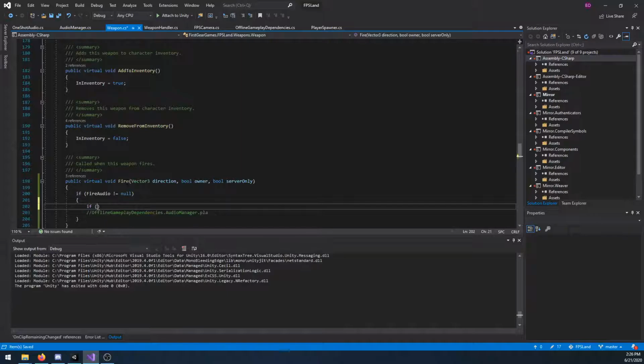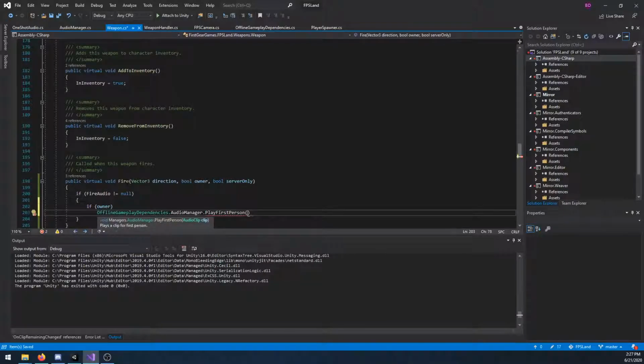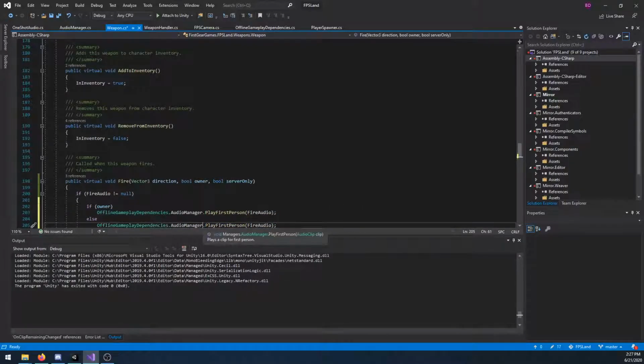All right. So if owner, so basically if has authority, dot play first person fire audio. What the heck? Fire audio. Okay. Else, I'm just going to copy this line. It's going to be dot play at point, and it will be